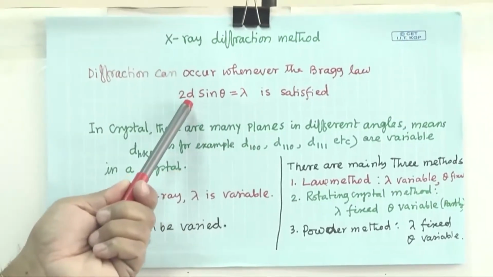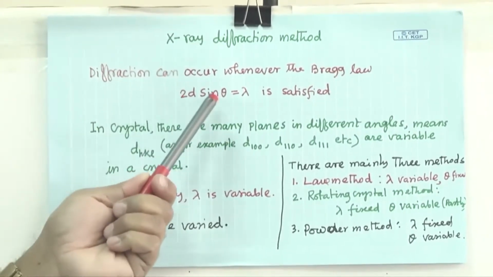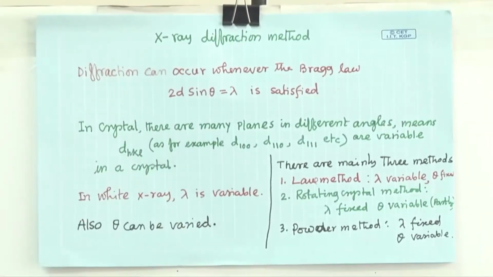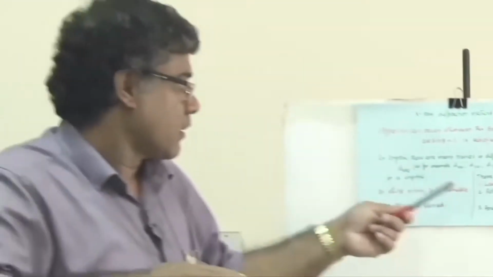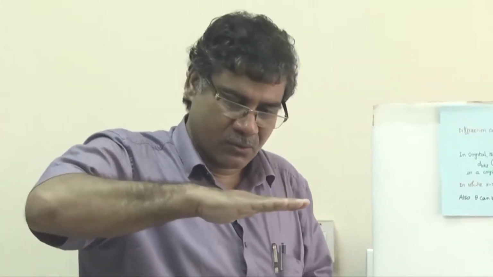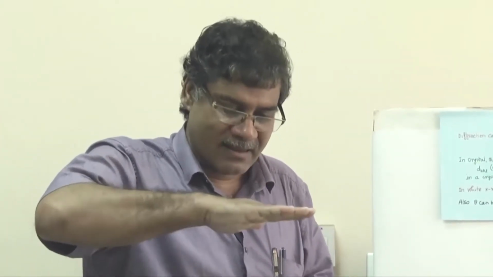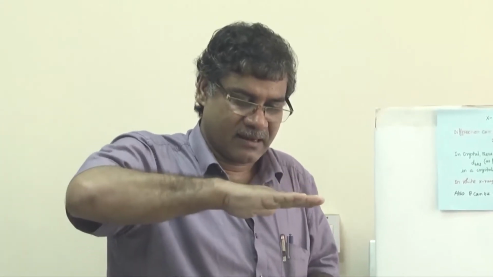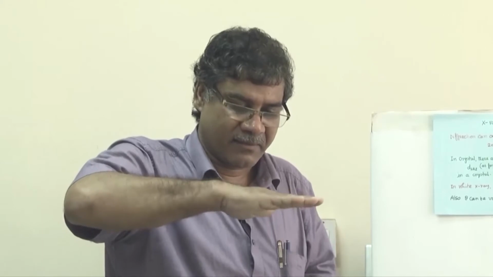So, for different d, at different theta, this equation will be satisfied. Okay. So, in the rotating crystal method, to vary the angle, we just change the angle of the